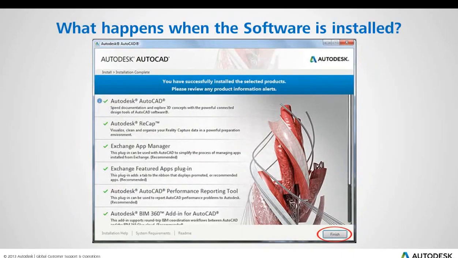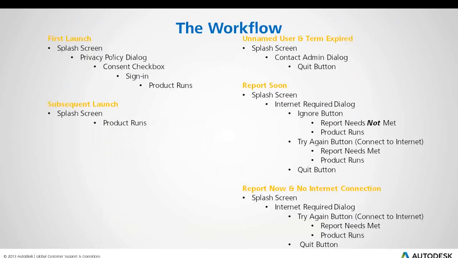So at that point, what's going to happen? How is this going to be different than if it was just a regular standalone license? Well, here's what's supposed to happen when you launch the software. Assuming everything's working properly, the first launch will look like the standard splash screen, whatever the product is. So say it's AutoCAD 2015. You'll see the nice AutoCAD 2015 splash screen. You'll get the usual privacy policy dialog asking you to accept the privacy policy and check the box, say yep,